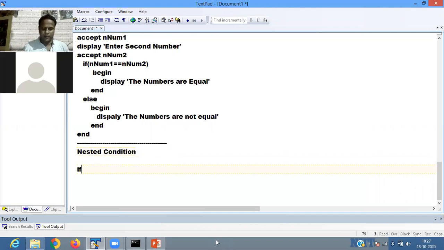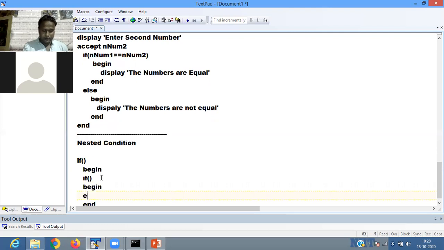Suppose you have an if block, if condition, begin and end. In the begin and end, we include another if, begin and end.